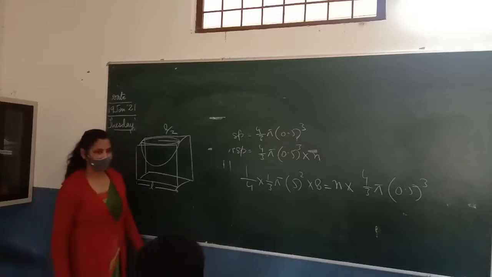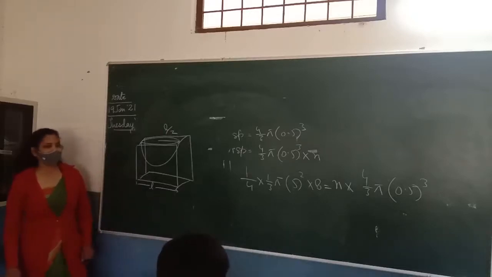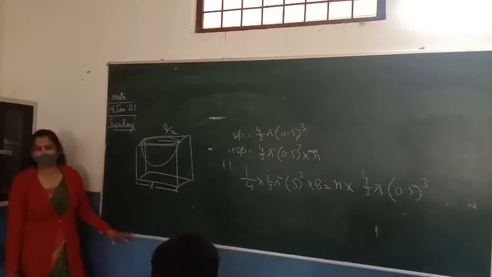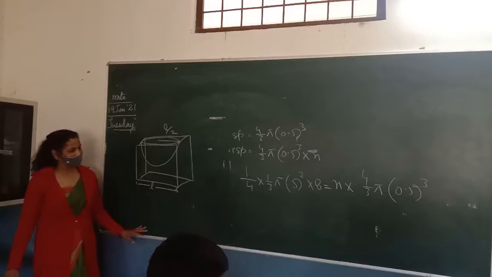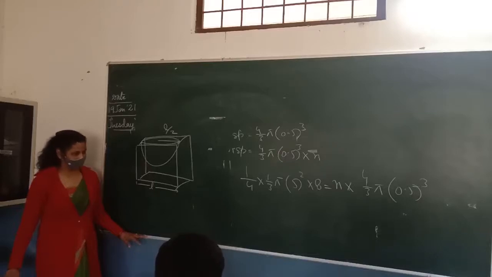Okay, Priyanshu. What should be the surface area of this remaining figure? Surface area of sphere minus... no. Cube minus... Again, it's not clear to you. How can you find the surface area of the figure? Area of cube minus area of sphere? No. How can you answer it? Vaibhav? Yes, cube, minus, pi r square, the upper circle, plus... Very good.